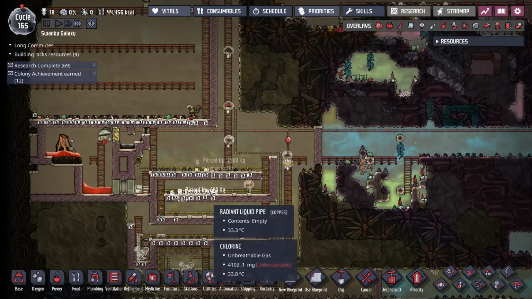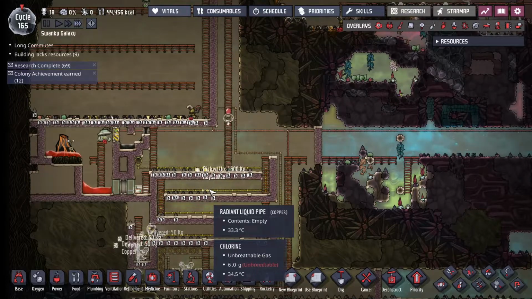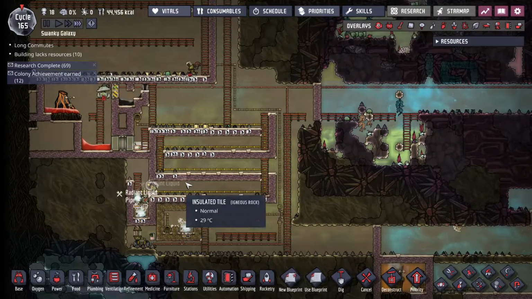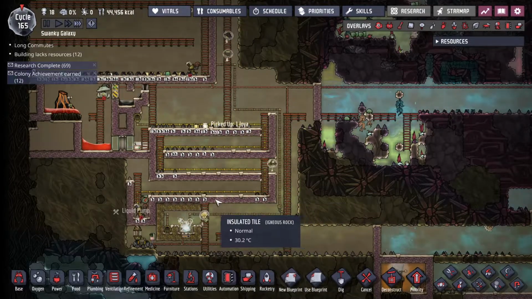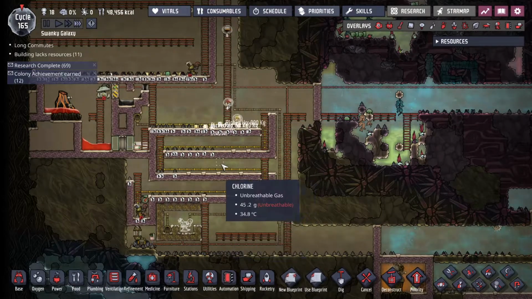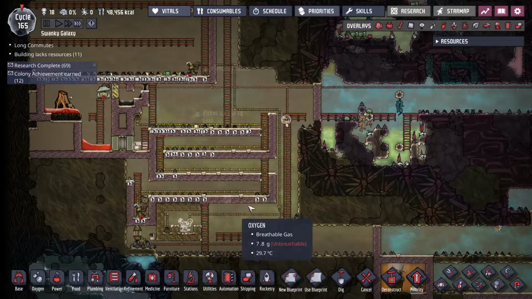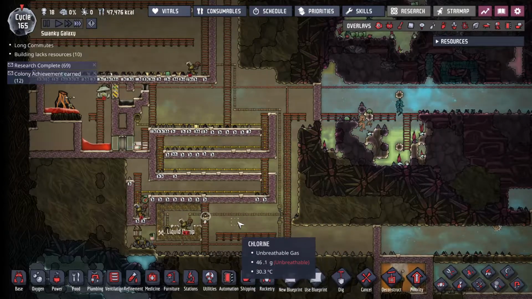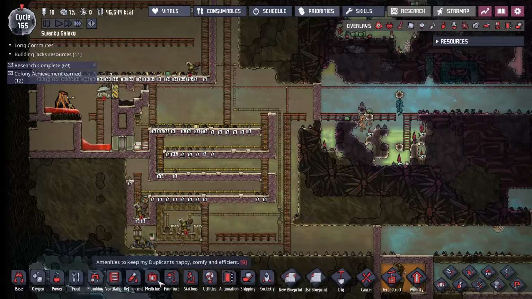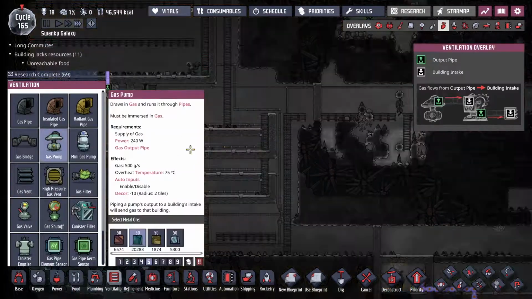Get all this cleaned out, and then we can put in some pumps and get the gas out of there. Actually, getting the gas out is good, it just prevents any blockages. I was thinking like, oh, the heat doesn't matter, but having gases and liquids, sometimes they can get in the way of each other and break everything. So I think what I'll do...